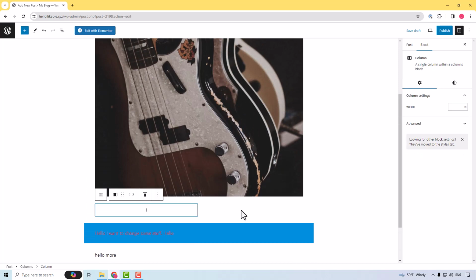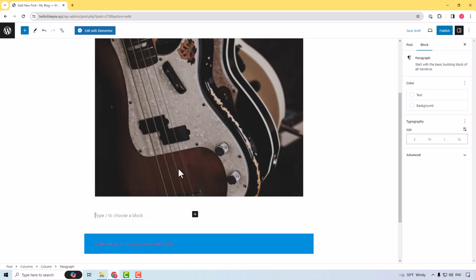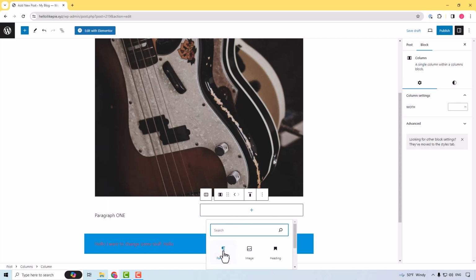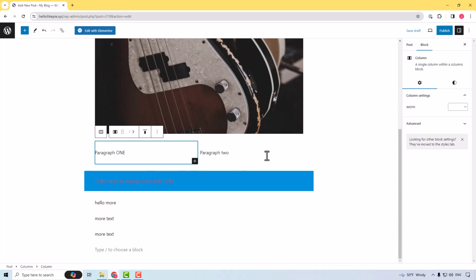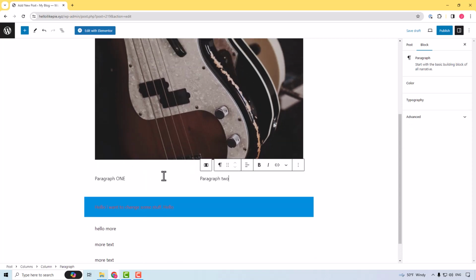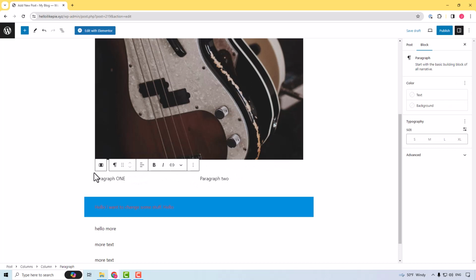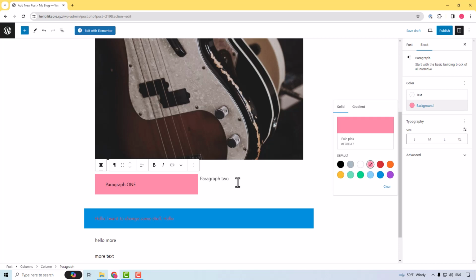Okay, so again, we have our 2 column block here. So I'm going to add a paragraph into it. Paragraph 1. And then over here, paragraph 2. Okay. And so to make things easier, let's change the background colors. So if I click here, this is the paragraph block. We can change the background color. I'm going to change it to like a pinkish. And then I'm going to change this one